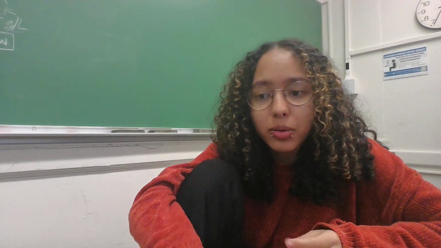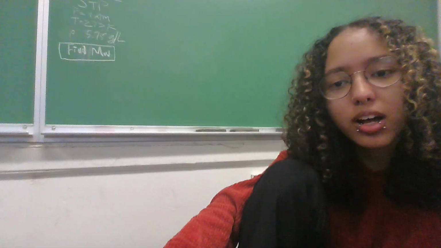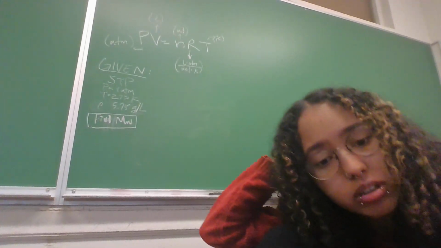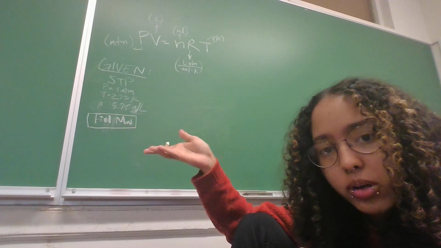Welcome. Today I am going to be going over the ideal gas law and trying to derive a formula from the ideal gas law. So what is the ideal gas law? The ideal gas law is PV equals nRT, essentially, where P is your pressure measured in atmospheres, volume is measured